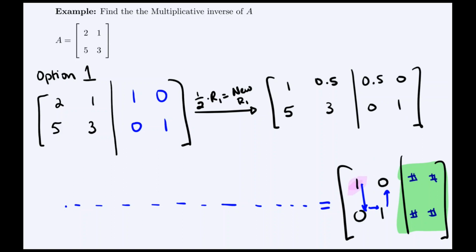Next, we focus on the fact that we'd like this to be a 0. Remember, the only way you can get zeros is by multiplying another row by a certain scalar and adding it to the row that you want to have a 0 in, such that they would cancel and give us 0. So the only thing that I can add to 5 and get 0 is negative 5. So I want this row to have a negative 5 here so that when I add them, they would cancel and give me a 0 here in its place. So to do that, I'm going to say negative 5 times row 1